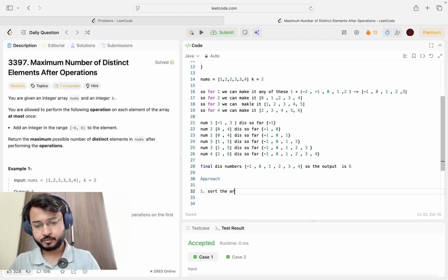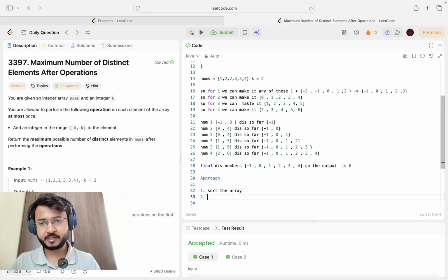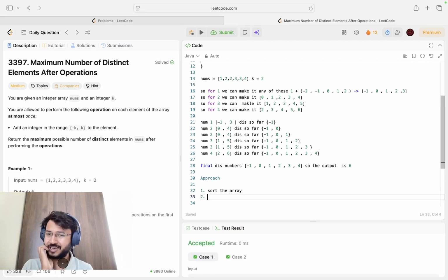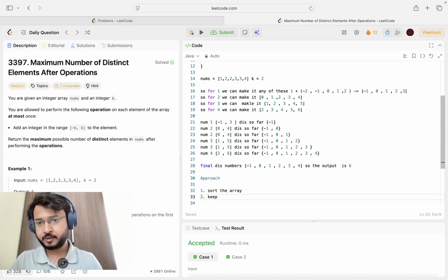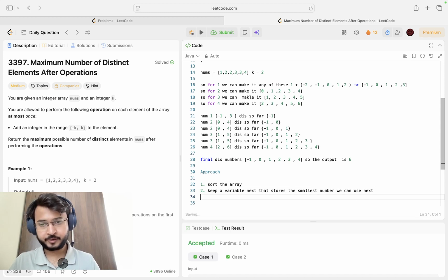In the second step, we will keep a variable, name it next, that stores the smallest number we can use. Then in the third step,